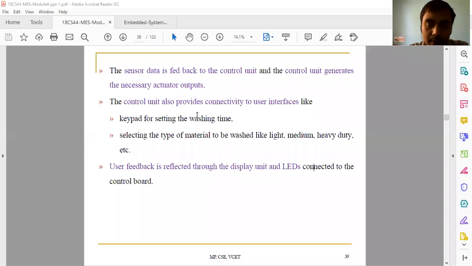For example, options are provided like a quick wash. If you want to wash daily usage clothes quickly, I can fix 15 minutes, or 30 minutes, or 20 minutes. Again, certain kinds of load, the clothes you are putting in, if they are very light,